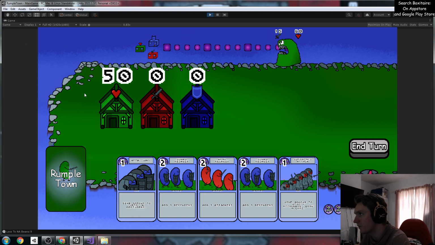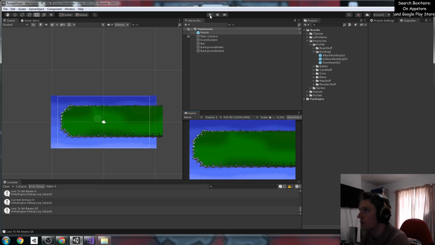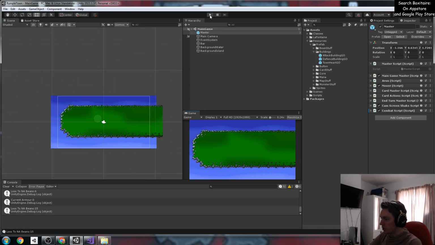The reason the Town Heart isn't taking damage is just because of how I've got it set up. So I want to just try every combination. So that's fine. That, and giving them armour. Putting more in there. Taking damage. Taking damage again. Okay, you know what? This is looking pretty good. So, right, now what we've got to do is